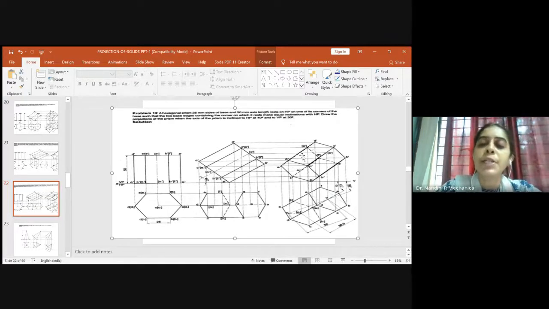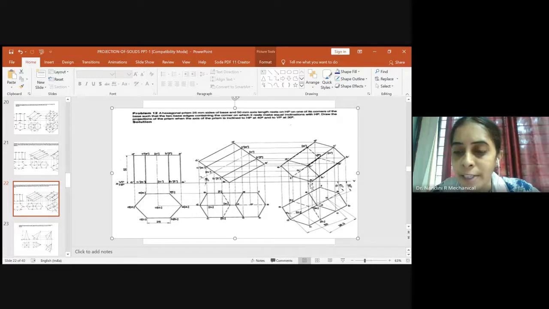So outer boundary, I told you it will be always visible. So please join the outer boundary. So F1 dash to A1 dash, okay, so from A1 dash to B1 dash, so from B1 dash to B dash, so from B dash to C dash to D dash to D1 dash to E1 dash to F1 dash to A1 dash. So this is the outer boundary.